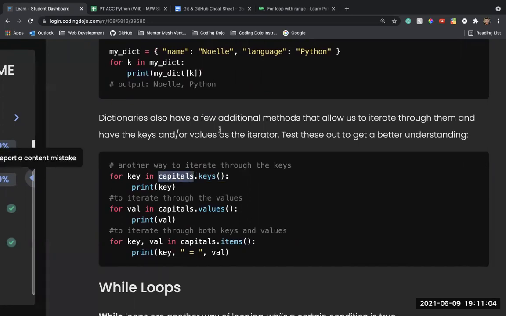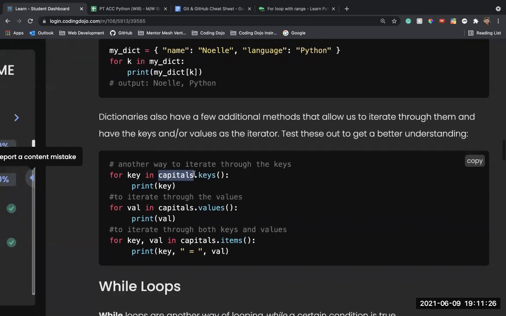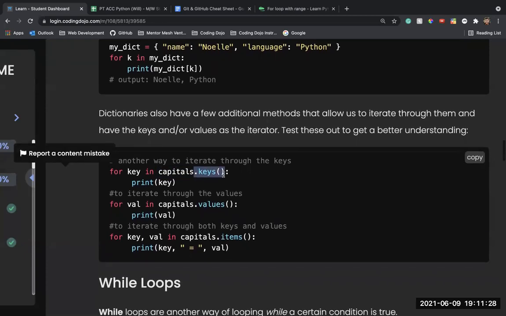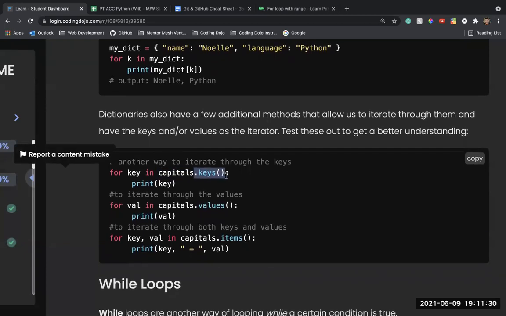Keys, values, items. This data type of dictionary has these built in, the same way that length is a built-in method for a list. It looks a little bit different, but it's a built-in method, right? You didn't write the code that counts how many things are in my list. That's just a built-in thing that Python provides. So same thing here. This dot blank is a built-in method that comes on dictionaries.